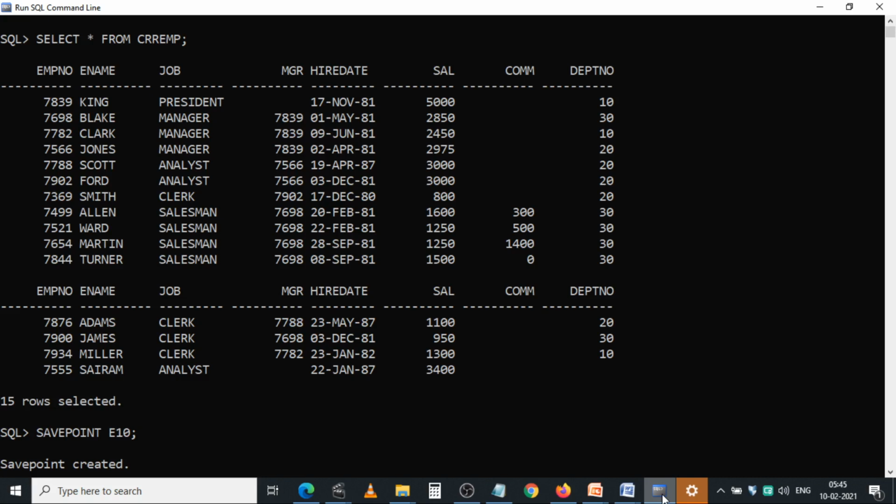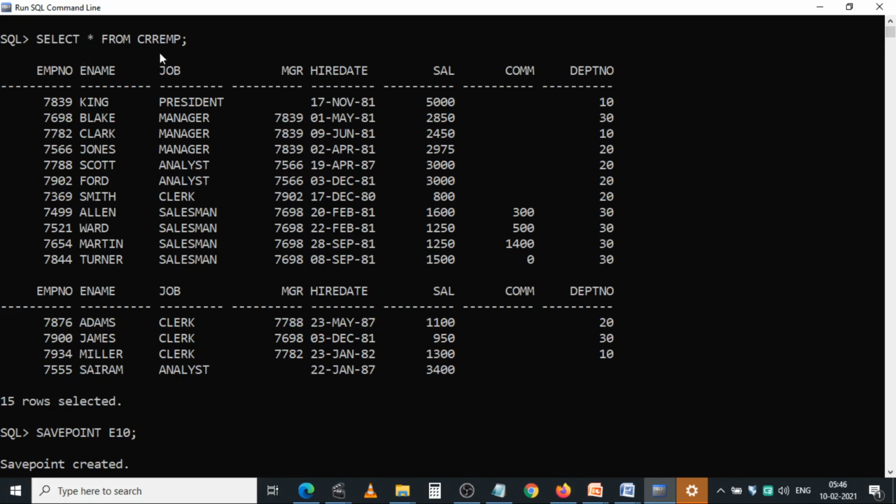I have already executed this example, and now I want to show it here. Just follow and note down all these commands carefully in your notes.